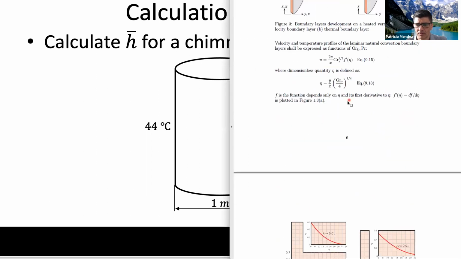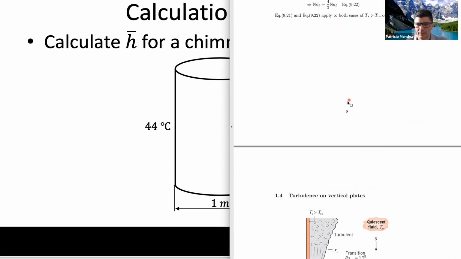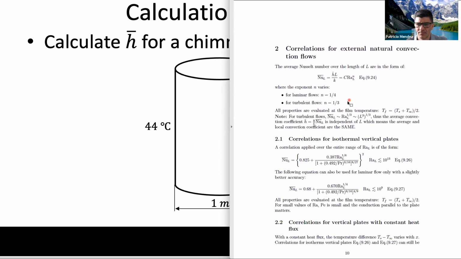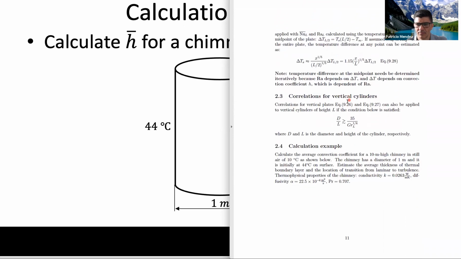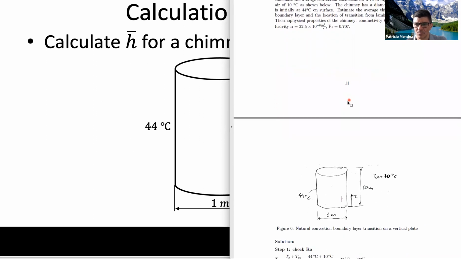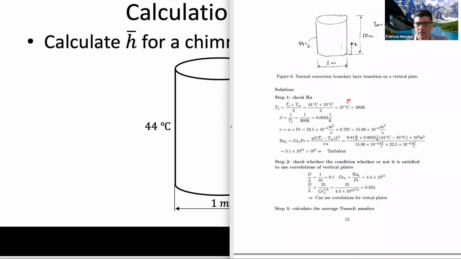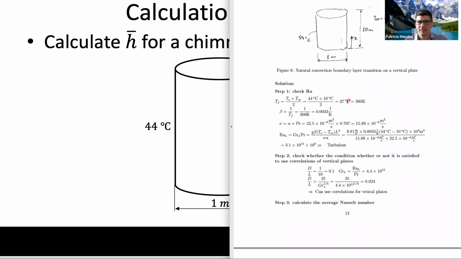Let's take a look at this example of the cylinder. Here we go. Step number 1. Same as before, we need to check for Rayleigh. In the past, we used to check for Reynolds, but we have no idea what Reynolds is because we don't have a velocity. So we check for Rayleigh. And at